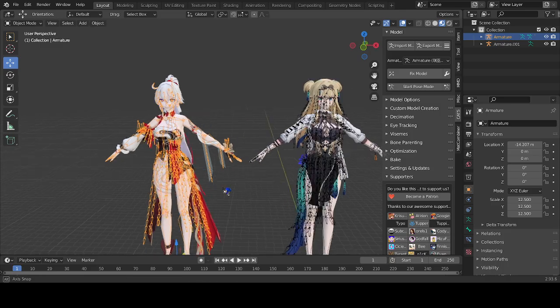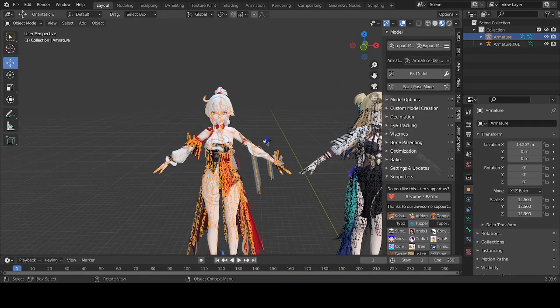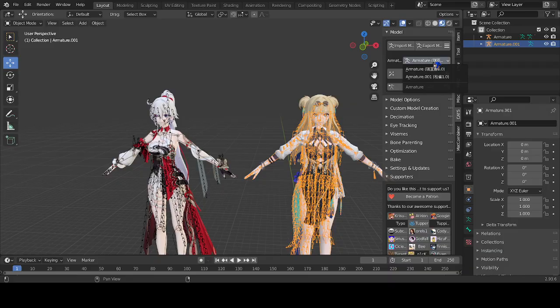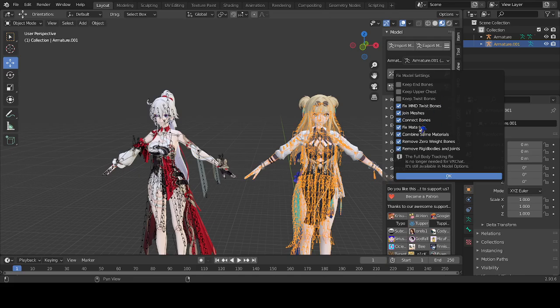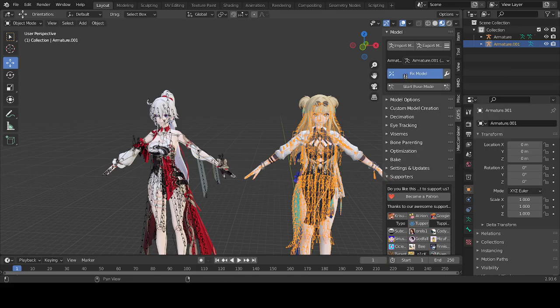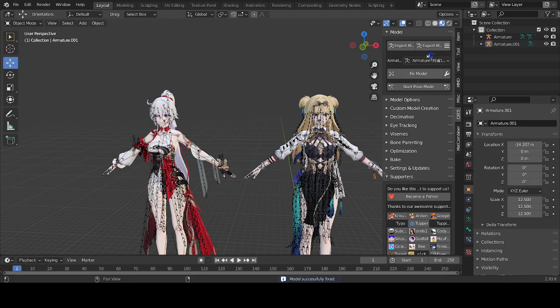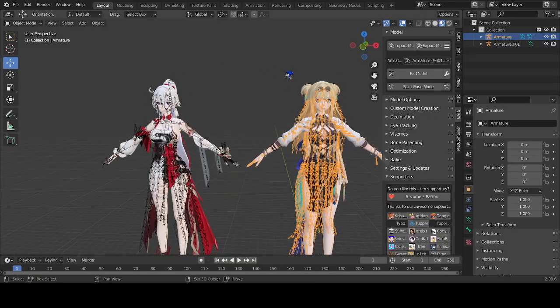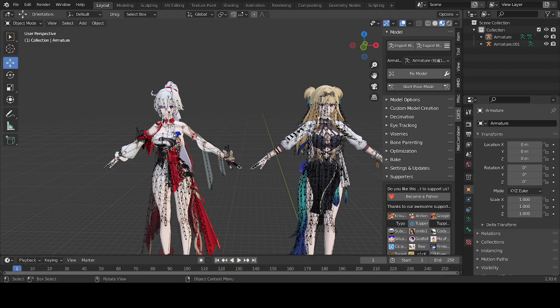So the next thing you need to do is make sure that you fix the next model. I actually haven't fixed this model yet, but I am going to. So let me go back down to the 1.0 right here and let me fix this. Also, you want to make sure that everything is turned on to connect bones and all that. You're going to want to do this with the cat plugin, of course. All right, and now that you've got both armatures fixed,